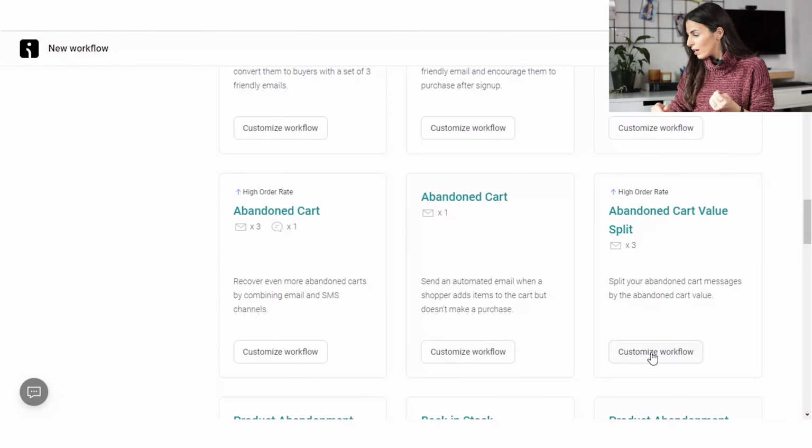It means, let's say, for example, customers are going to your store, they're adding product to the cart. Some of them are adding more than $100 in value, others they are adding less, and you want to offer people who added more than $100 to their cart a direct discount, because you don't want to lose them, you don't want to lose this big order. So what you can do is to create a flow where you split up the flow between the cart values. Let me show you. Click on customize workflow,